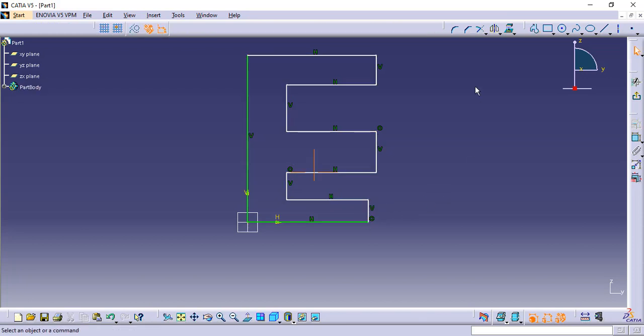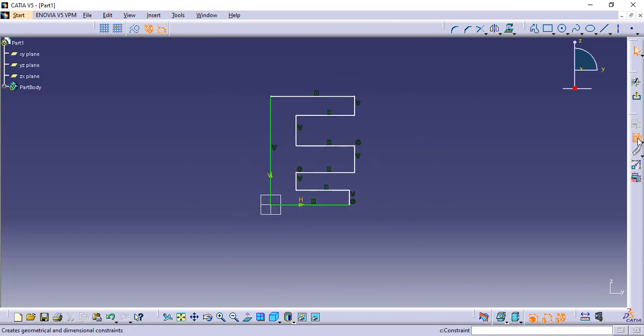Now I will double click on the Constraint command and give dimensions. Here you can see the geometrical constraints are already there from while I was making the sketch, and this one I need to dimension. Now the sketch is fully constrained, because the Diagnose button is checked and the color is green. Okay, exit.